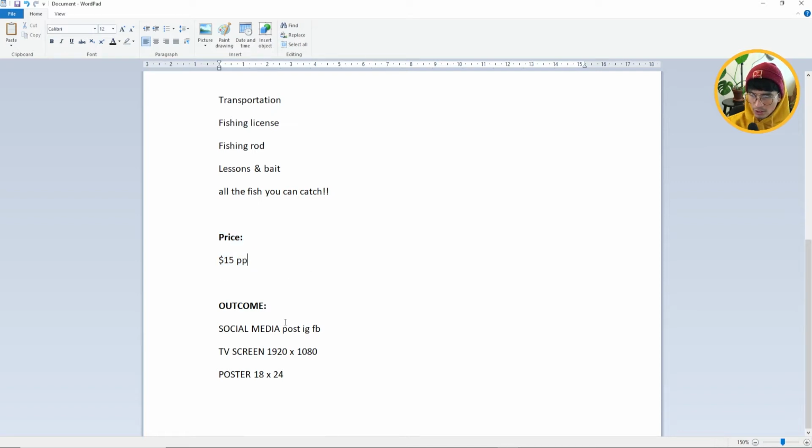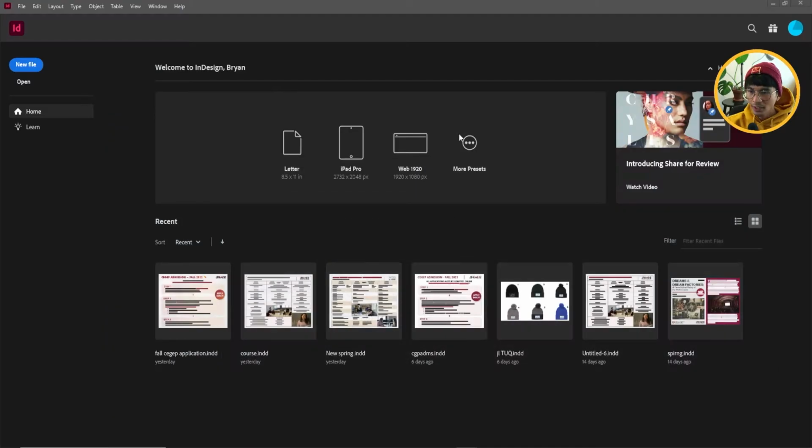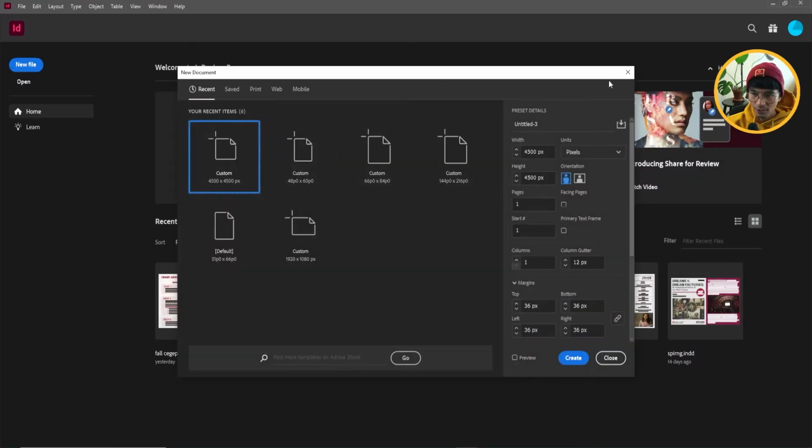We just need to make sure that we hit the requirements for social media. So we're gonna go for social media first, and then we'll go TV screen and poster, because it's gonna be easy when we convert them to different media, artboards and all that. But we're gonna go for InDesign first. We're gonna go for 4500 pixels,